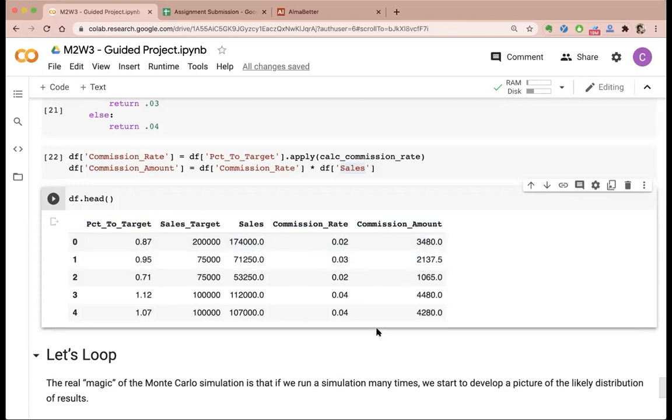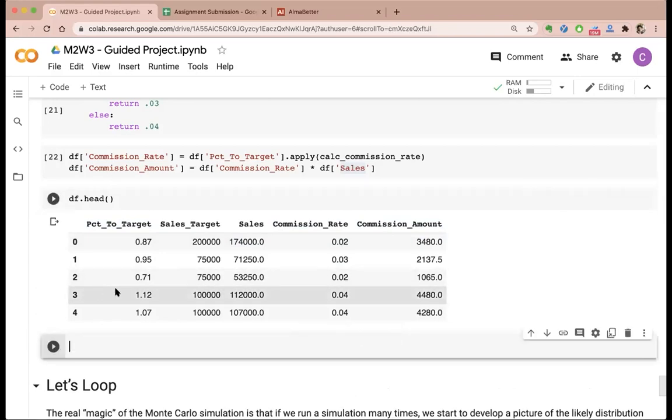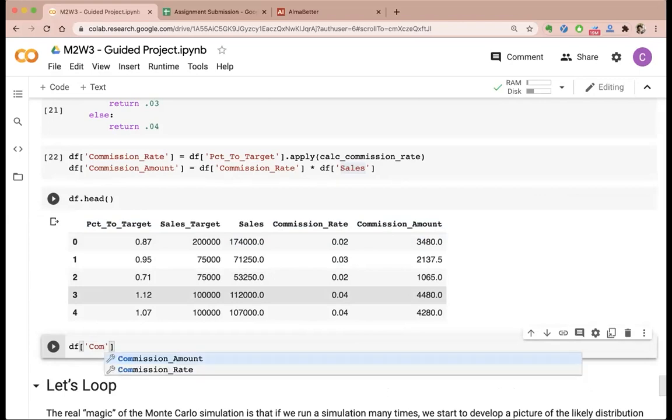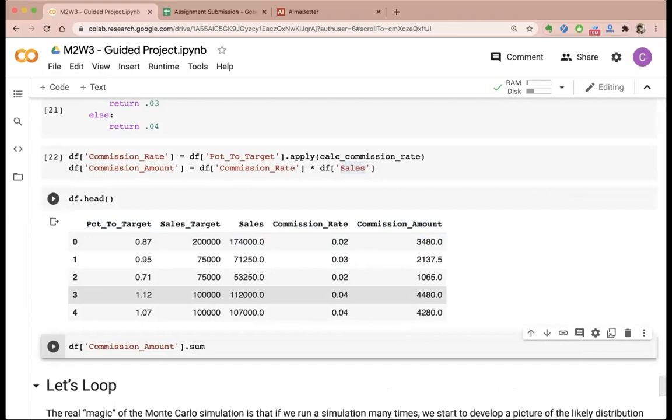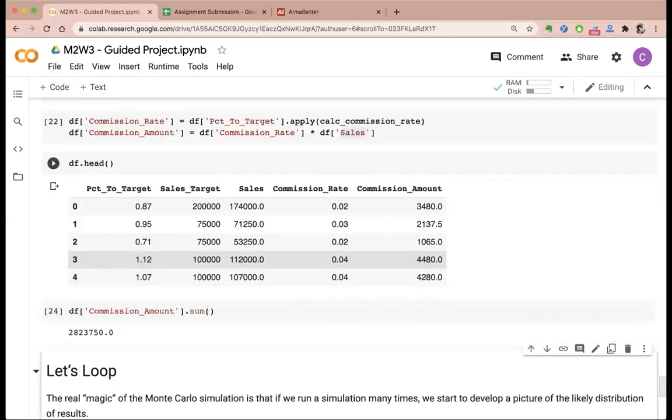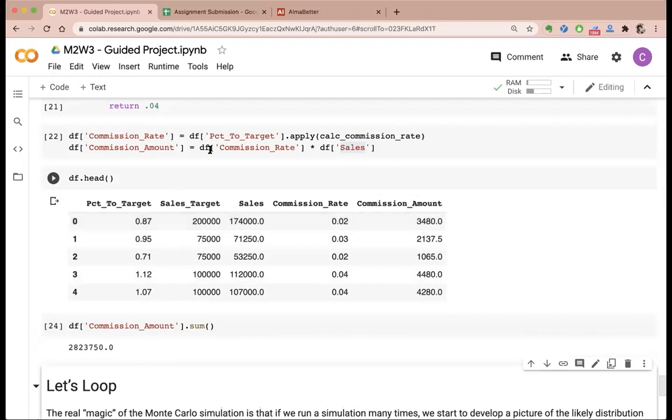Now you just have to sum this up to get the total budget. So how much is the total budget? Everyone will get different values because you are playing with different random numbers, but it will be in the same ballpark range. So you must be getting this type of number. Can everyone complete this and tell me what commission amount you are getting?